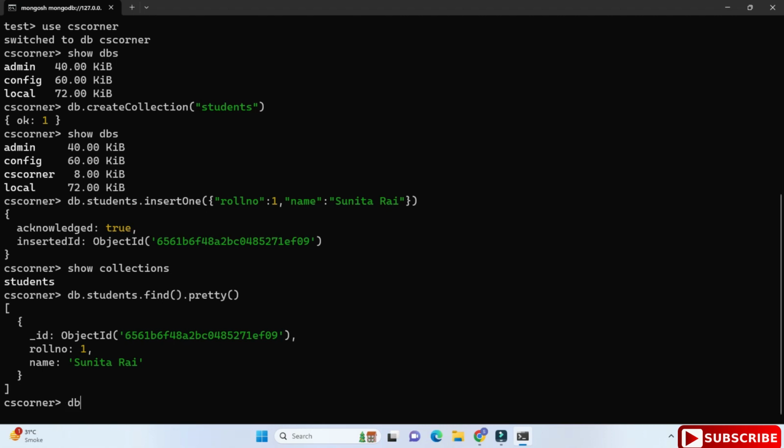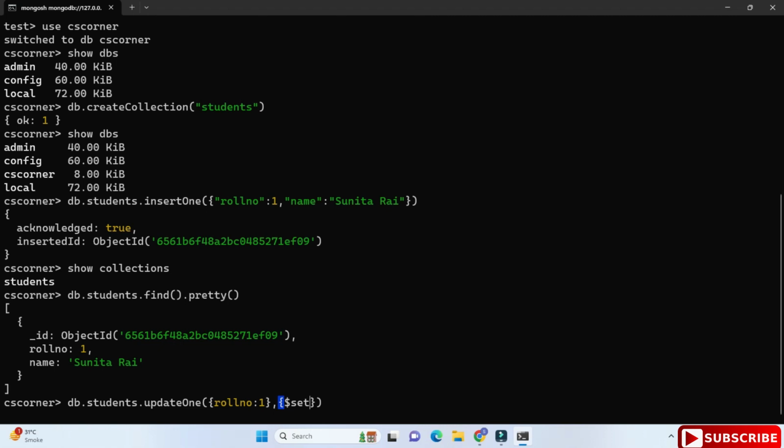Now we will perform the update operation. For that, I'm going to type the command db.students.updateOne. So updateOne is used to update a single record, the way we used insertOne. In it, inside curly brackets I'm writing rollno: 1. So it will update the record of roll number 1, and then a comma, and then I'm writing $set.